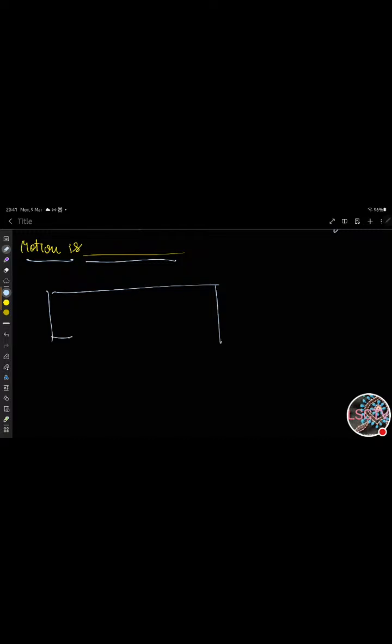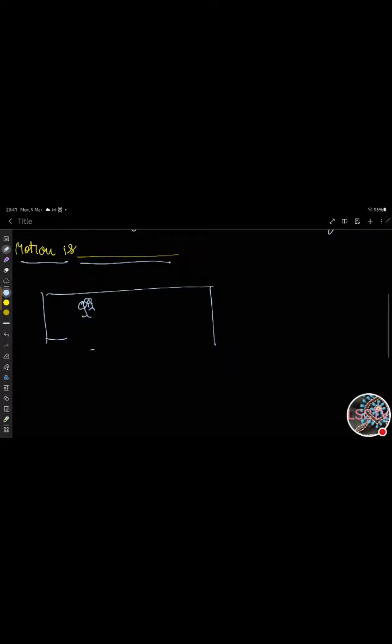See, you're inside a bus. You are sitting next to your father. With respect to you, your father will be at rest, right? You won't see your father as moving because he's sitting next to you. Similarly, when you look at a person who's standing, like your friend who's waving to you outside the window, you would see him as moving as the bus is moving. Is that correct? Yes, you agree with me?